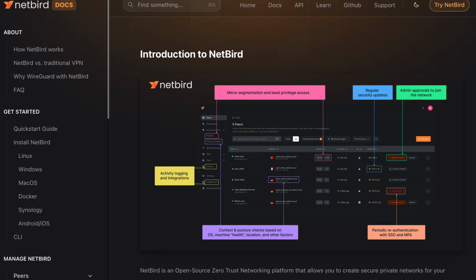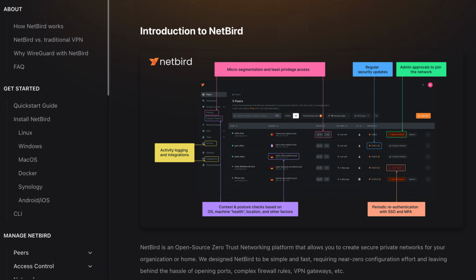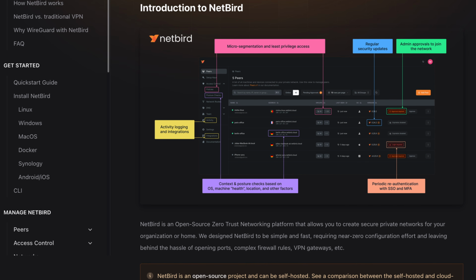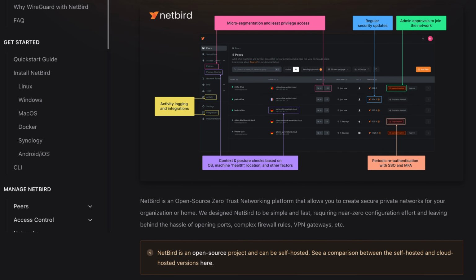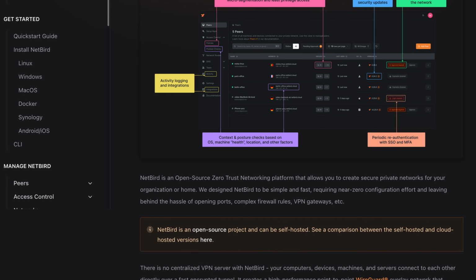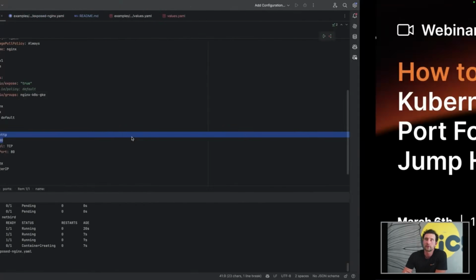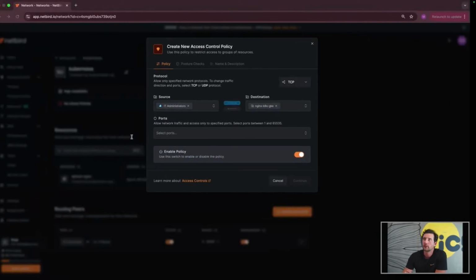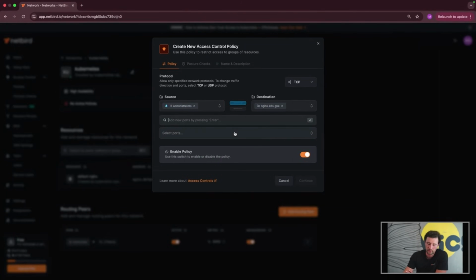So that's our overview of how NetBird works, some of the features, some of the underlying technologies, and if you're interested in learning more, our documentation is absolutely a great place to start. We have write-ups on all the features, functionality, and just about everything you could do with NetBird. So that is definitely a good place to go check out, or check out the videos on this channel. Particularly, some of the webinars do a great job of giving you a live overview of some of the key